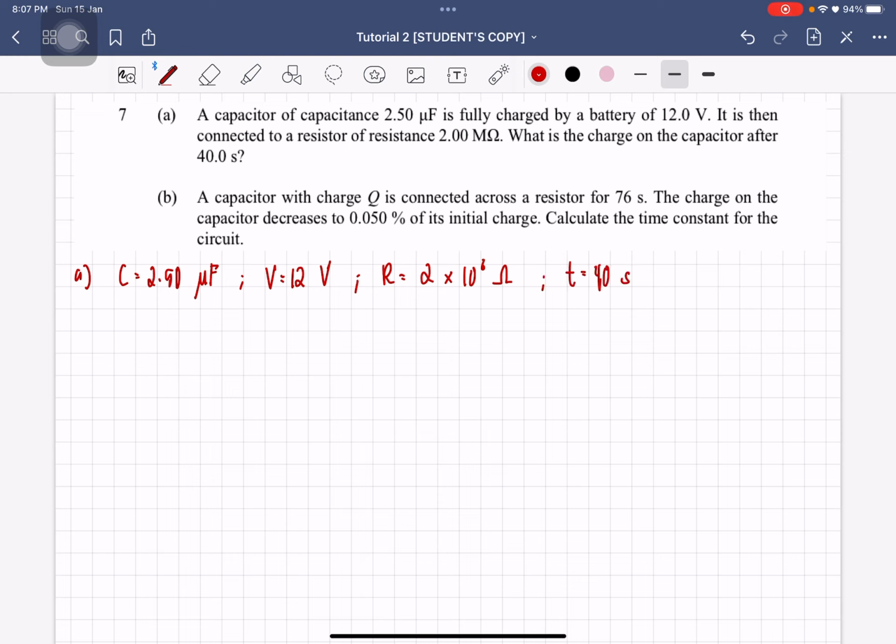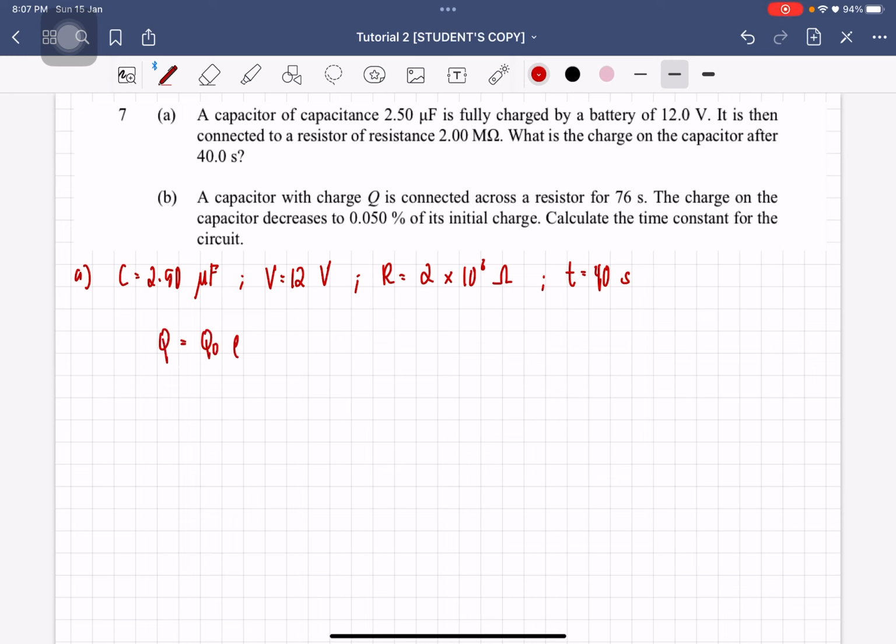So when the capacitor that has been fully charged is connected to a resistor, what is happening is it is trying to discharge the capacitor. Okay, so this is a discharging process using a resistor. So the equation that we will be using is going to be q = q naught e^(-t/RC). So first we need to find the value of q naught, the maximum charge